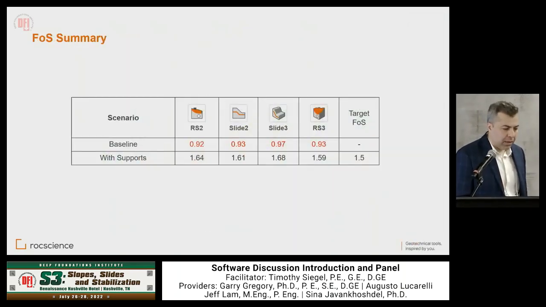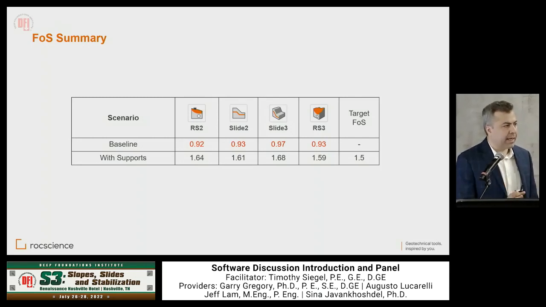And this is the final table of our outputs. So baseline, as we mentioned, factor of safety of 0.9, with the assumptions that I explained, and with supports, using Slide 2, RS2, Slide 3, and RS3, factors of safety are very similar, except Slide 3, because again, it's extruded for, I think, 400 or 500 feet, I don't remember really. Factor of safety is slightly higher because you see the actual 3D action. And with that,